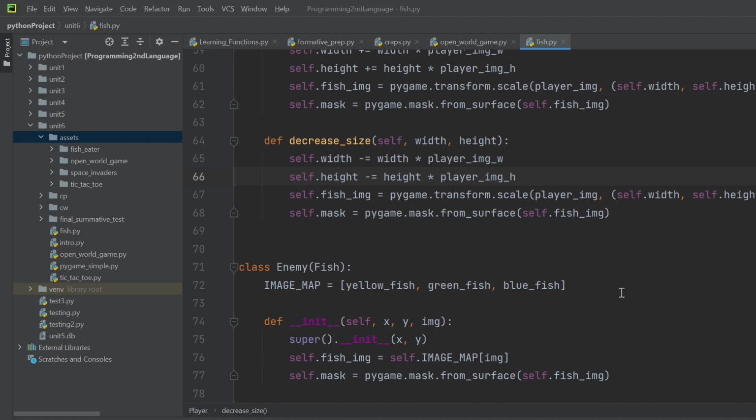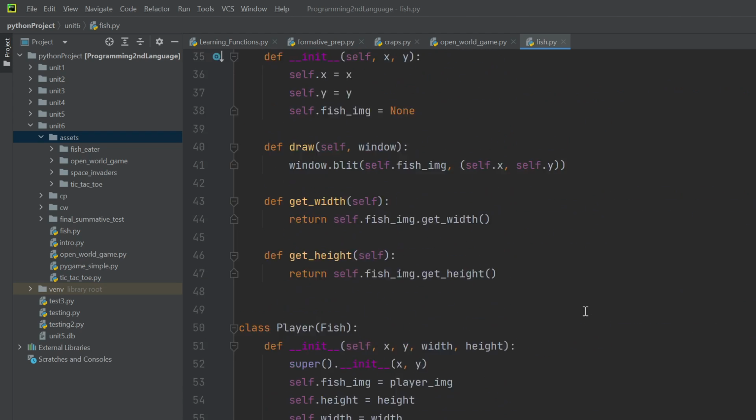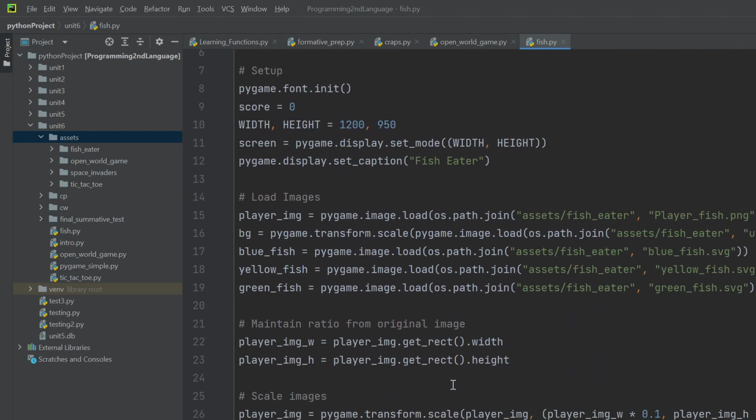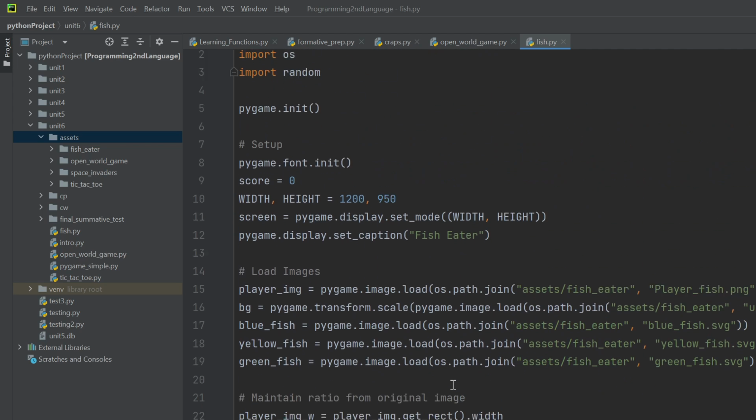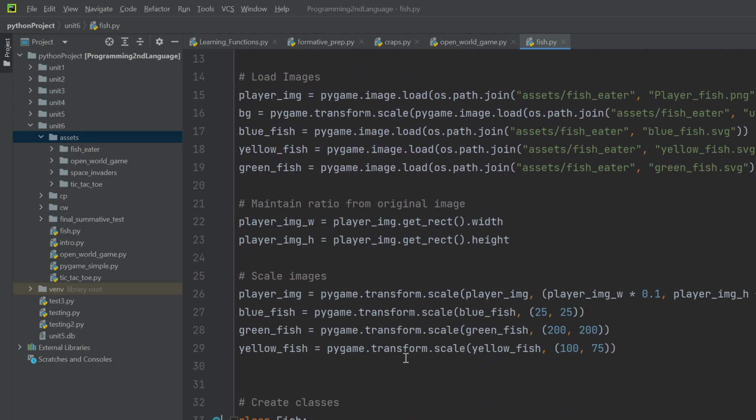Oh, I guess we could... yeah, that's about it. That's the entire game there. If you want to create a game over screen, I could show you that also. Otherwise the game's kind of done here. But so